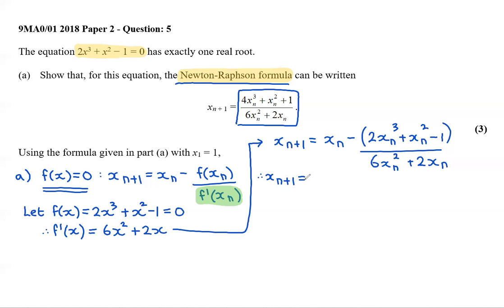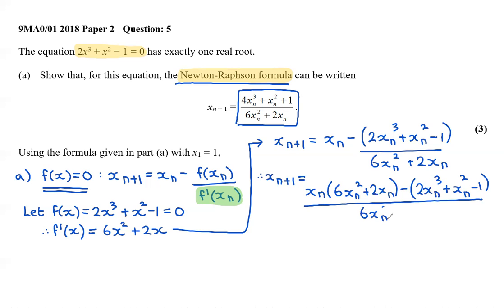So it's going to be as follows. It's going to be xn multiplied by 6xn squared plus 2xn subtract 2xn cubed plus xn squared subtract 1, and that's going to be all over